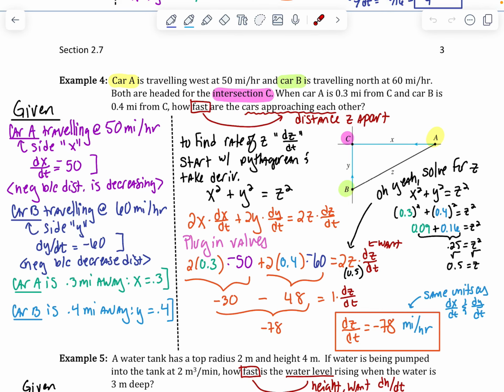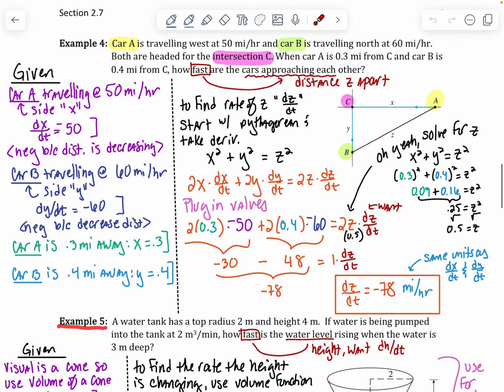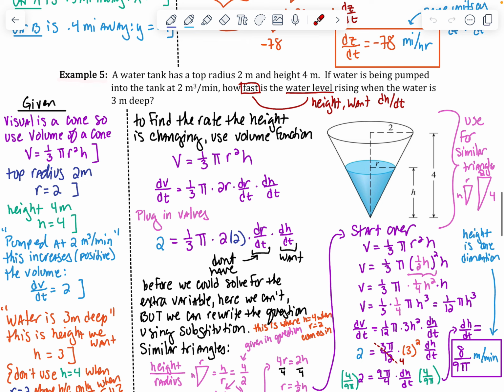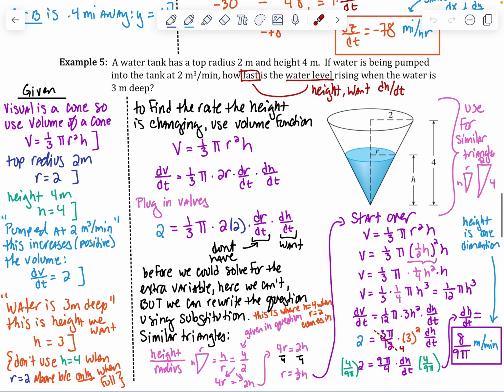Section 2.7, page 3. Now let's go ahead and look at example 5. A water tank has a top radius of 2 meters and a height of 4. So it just tells us that it's a water tank, but in this case we're going to find out that it's a cone. A radius is always related to a circle, and it could be cylindrical, but it would